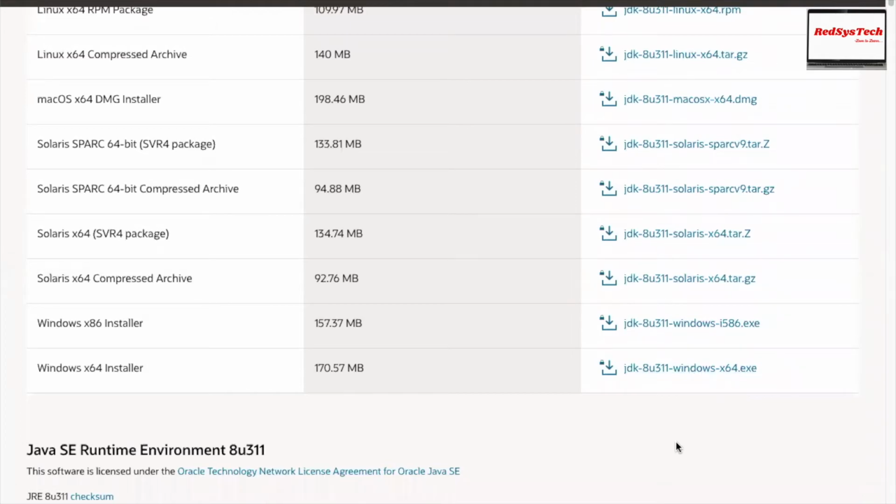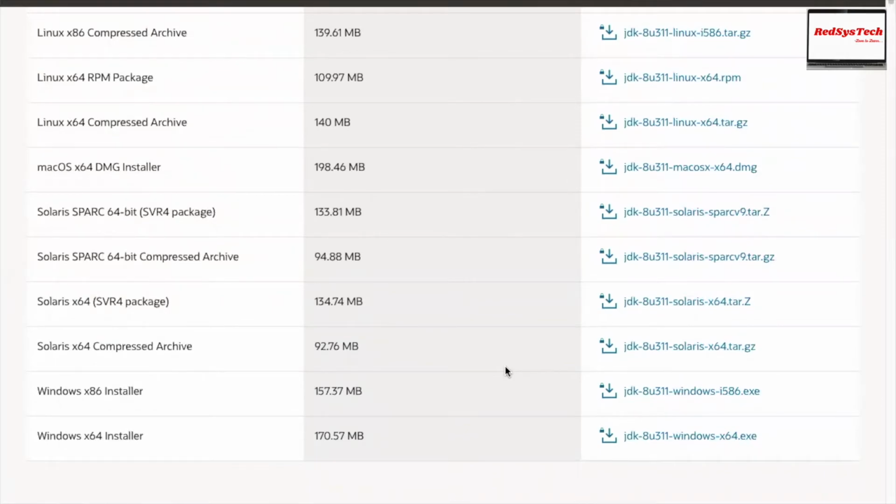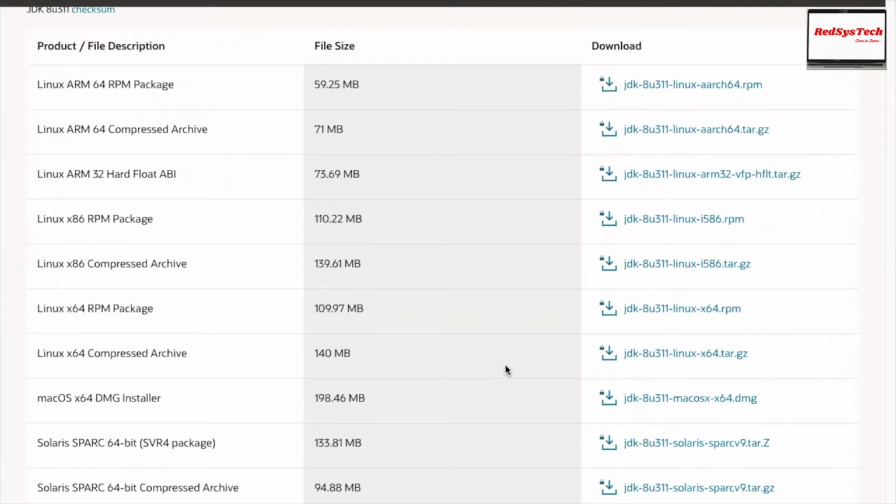If you're using a Windows machine, you can use the JDK for Windows. If you're using Mac, you can use the JDK for Mac. But the reason they created multiple packages is the JVM, which sits inside the JRE, that is actually platform dependent. That is the reason they created a separate one for each platform.